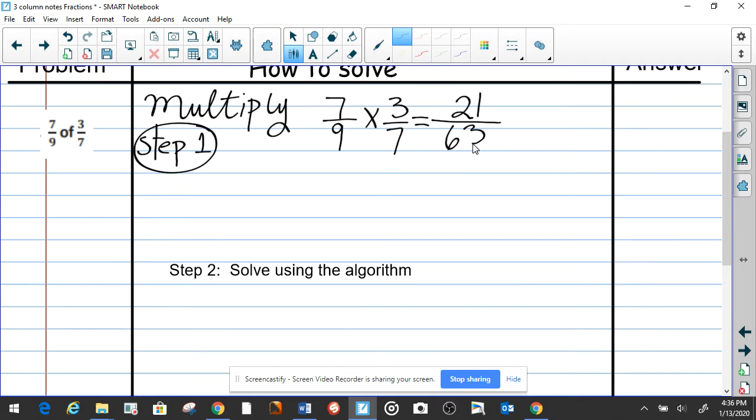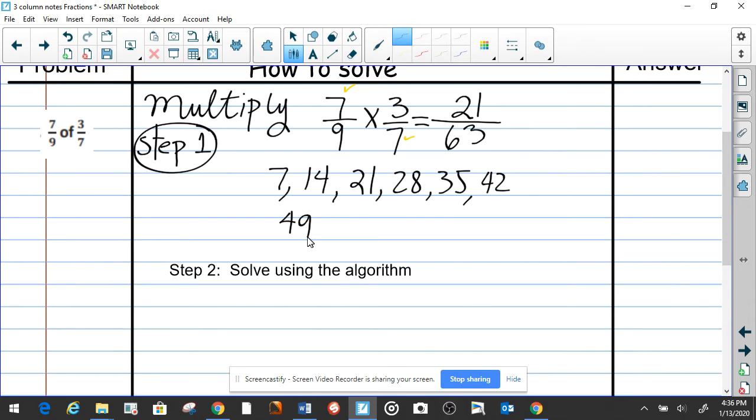But now I notice that these two have the larger numbers, and I don't know if they can be divided. But I noticed something particular about these ones. This fraction has a 7 as the denominator, and this fraction has a 7 as a numerator. So I'm thinking that I'm going to do multiples of 7 to see if these two numbers can be factors of 21 and 63. So this is 21, 28, 35, 42,